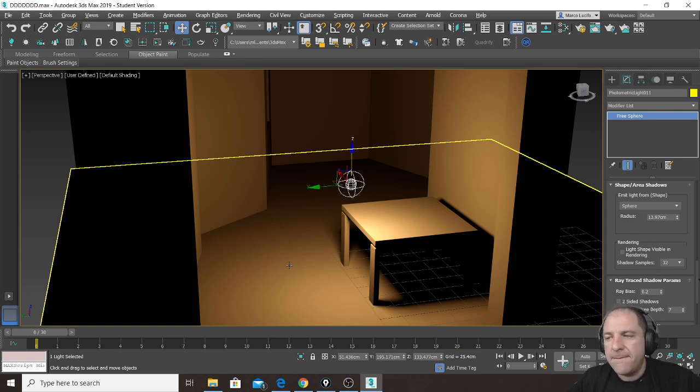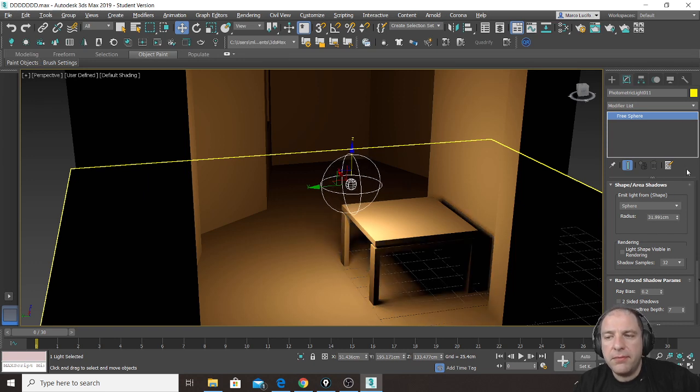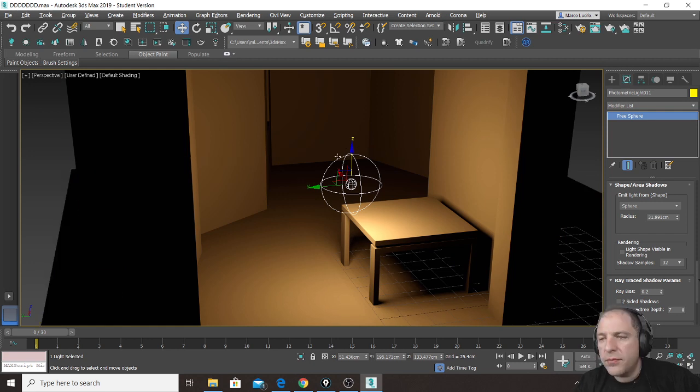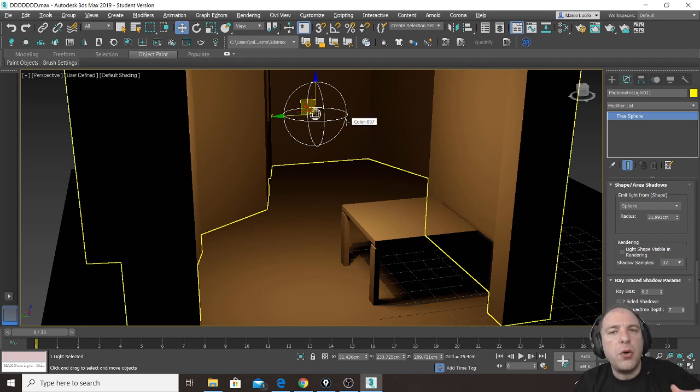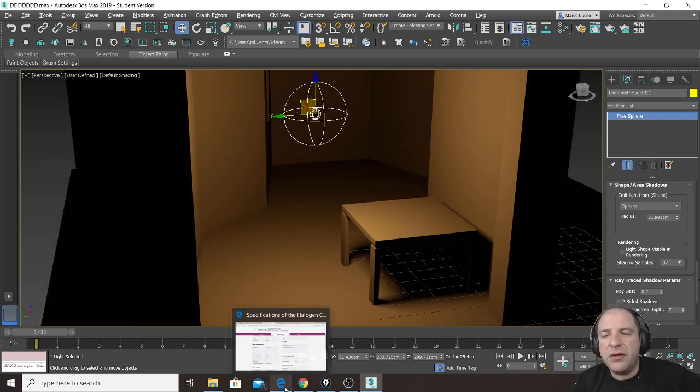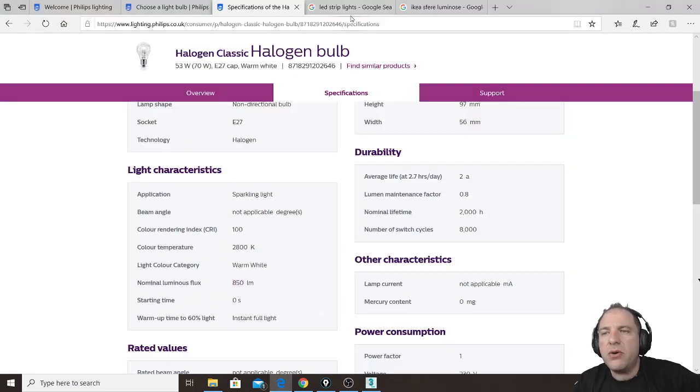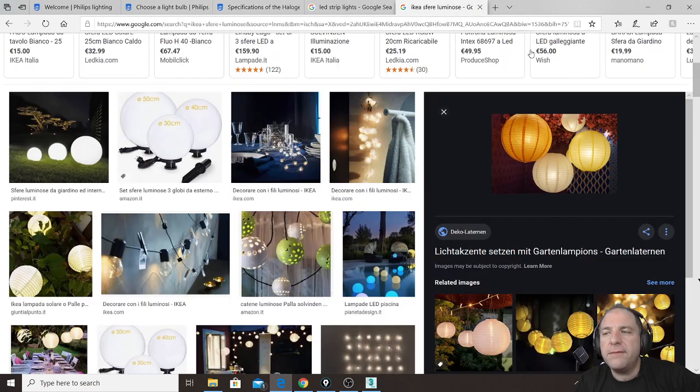And also, the bigger the light becomes, the softer shadows will be. And if I make a sphere of light so big, in reality, believe it or not, I am correctly simulating